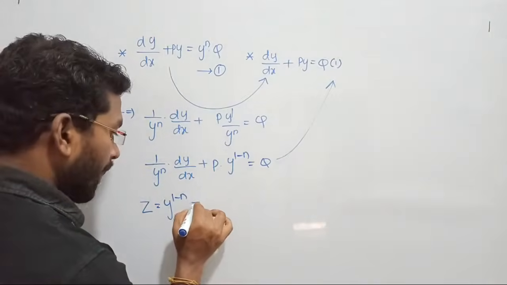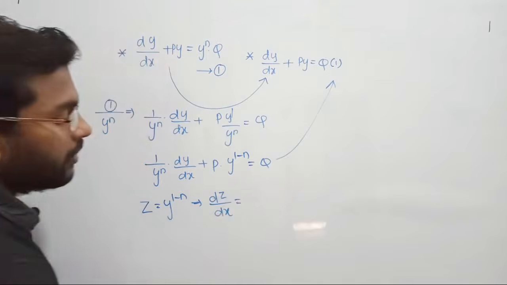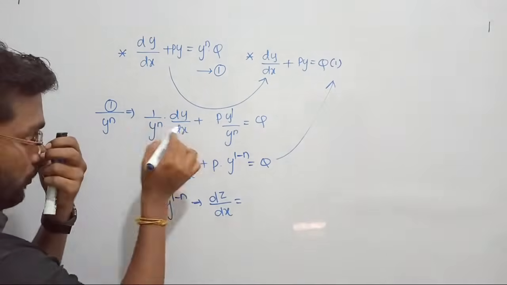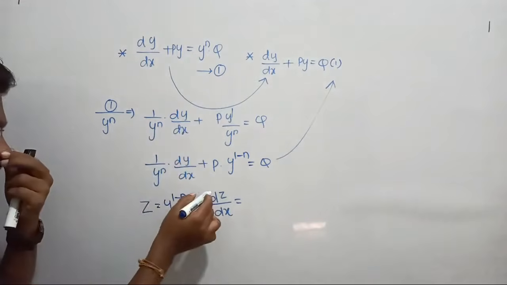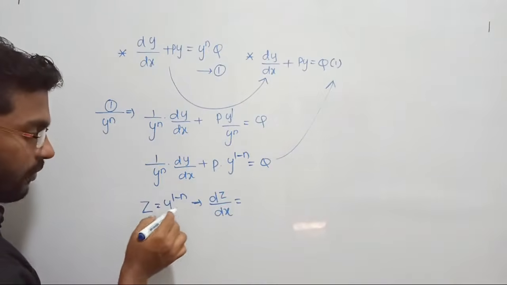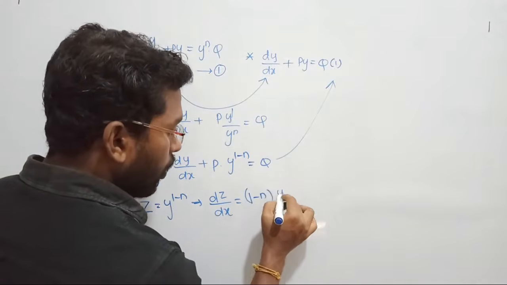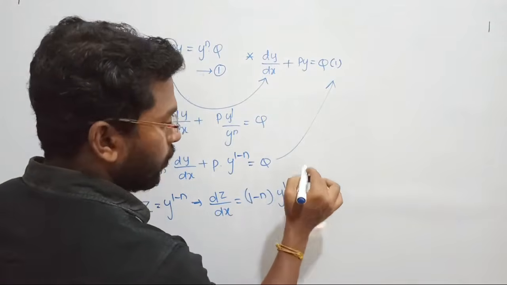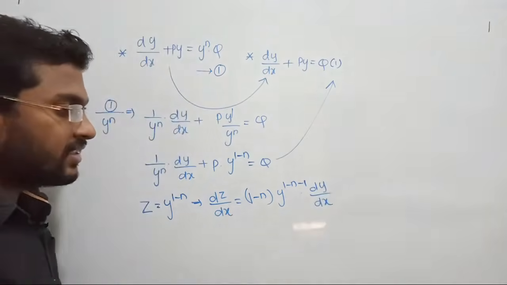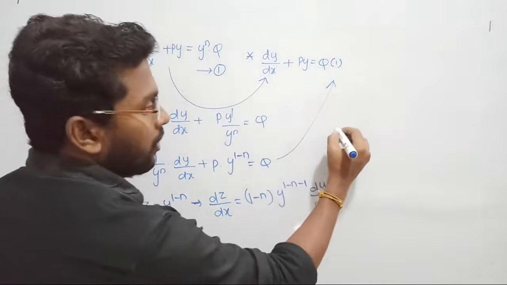Now I am just differentiating this z with respect to x. Then what will come? It should be equal to, see there, y is also a function of x. Is it also going to be differentiated with respect to x? If you differentiate this with respect to x, this y power 1 minus n will become 1 minus n into y power 1 minus n minus 1 dot dy by dx. Do you all agree? Since we are doing differentiation with respect to x,